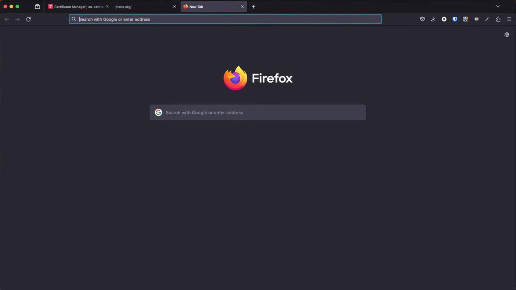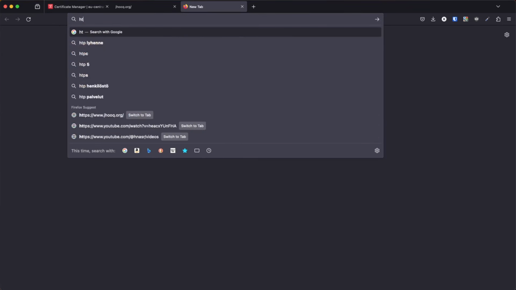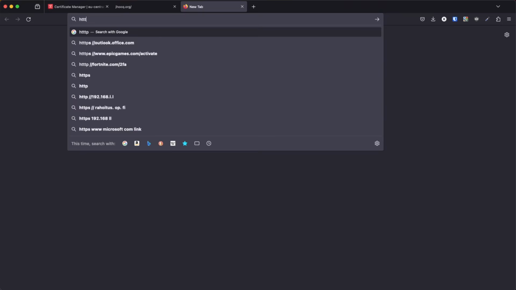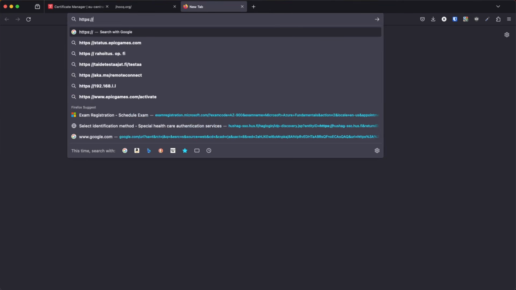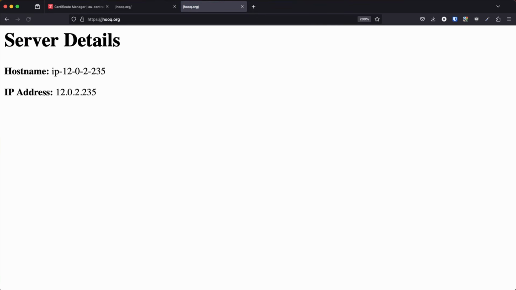I'm just gonna open one more tab, and here I'm just gonna type HTTPS, and here I will type jhook.org. And here you can see now I am able to access, and that particular error message is gone; the connection is secured